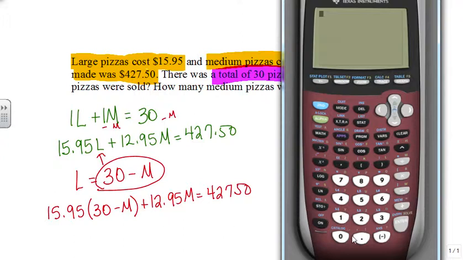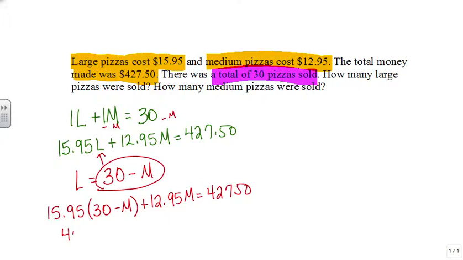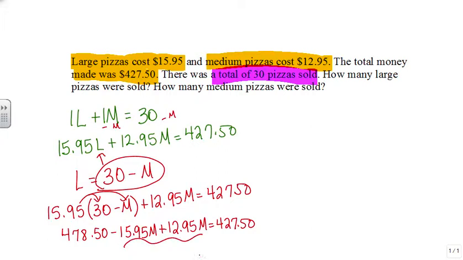All right, since I don't know that off the top of my head, I'm going to put this into the calculator. I have 15.95 times 30, and that gives me 478.50 minus 15.95 M, because remember you have to distribute to both of these, plus 12.95 M equals 427.50. Okay, you combine like terms and you end up getting a -3. So I'm going to bring this up here. 478.50 minus 3M